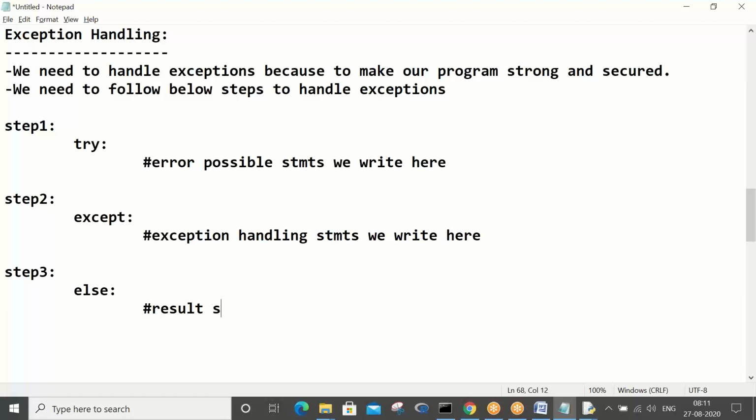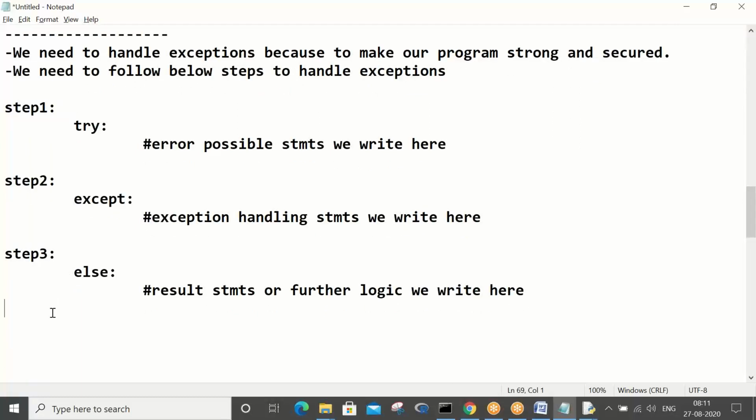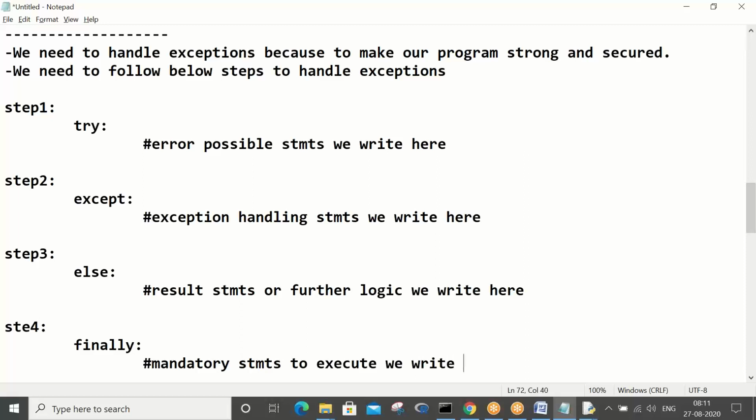Result statements or further logic we write here. Okay, step 4: finally. Mandatory statements to execute we write here.